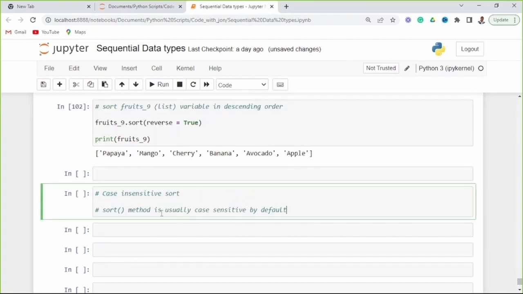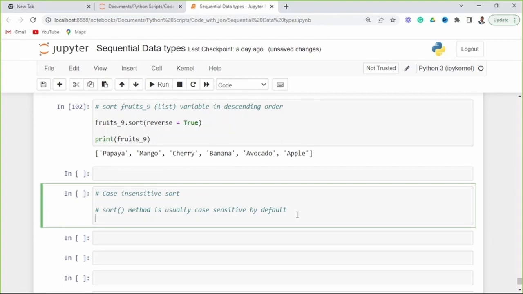The sort method is usually case sensitive by default. So if you have papaya with a capital letter and a papaya with a small letter, it will sort first the papaya with the capital letter, then the papaya with the small letter. But if you want to do a case insensitive sort,